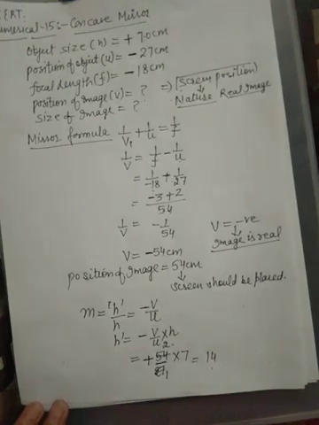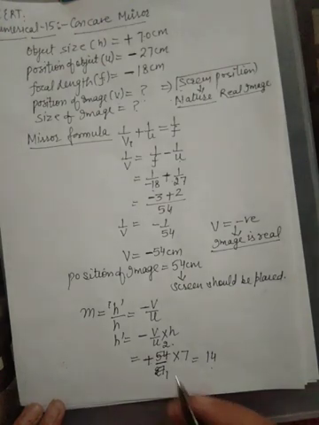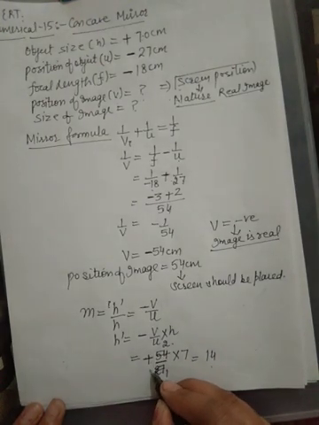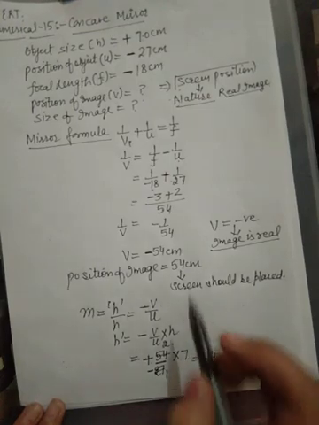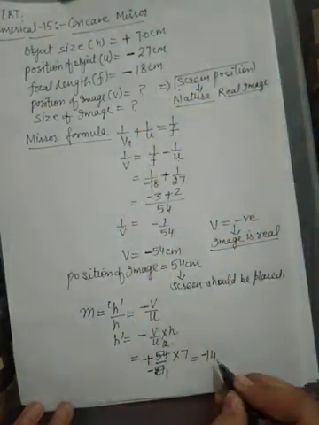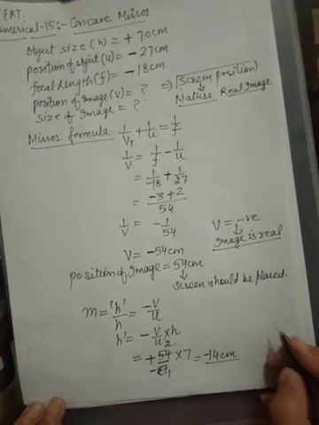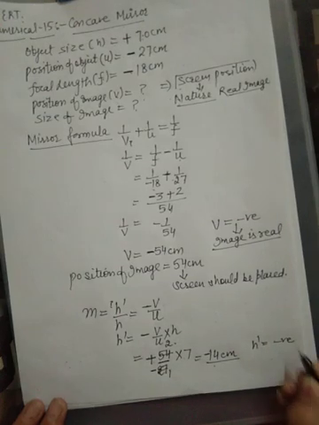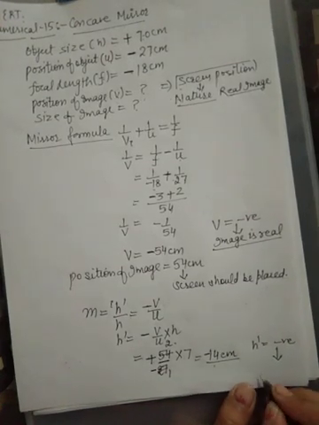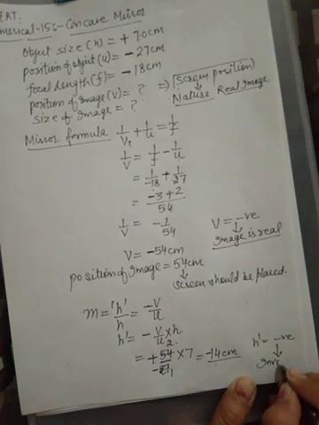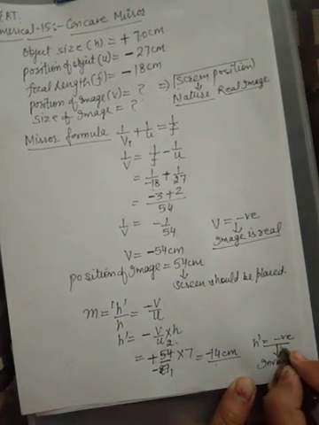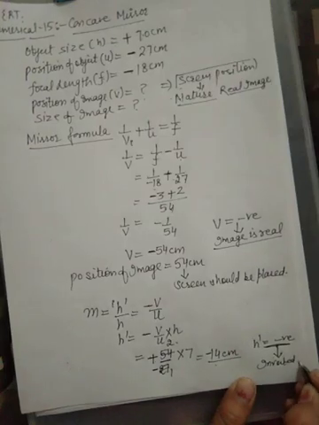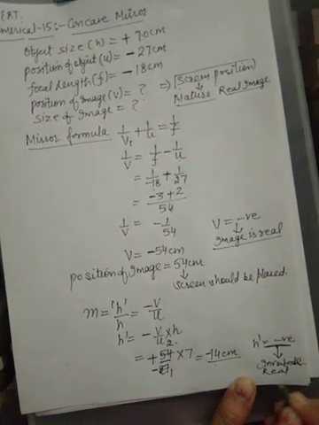So we have found out the height, that is image height. Image height is 14 centimeter, but it will be minus because it is minus 27. Minus 14. When h dash is negative, height of image is negative. Negative means inverted image is formed. Inverted means that it is below the principal axis. So image is real and inverted.